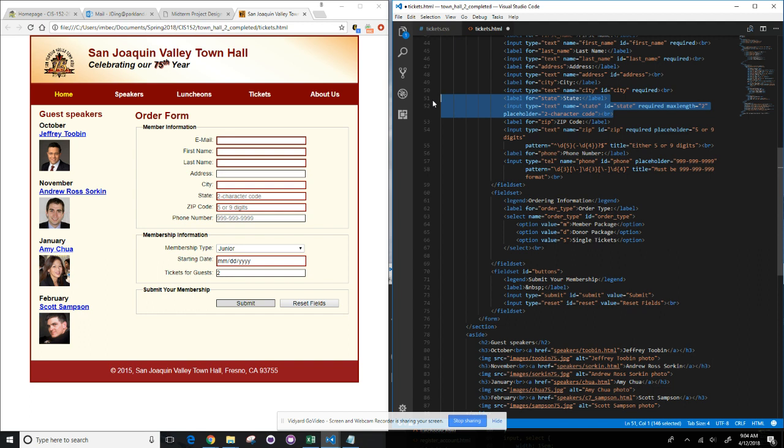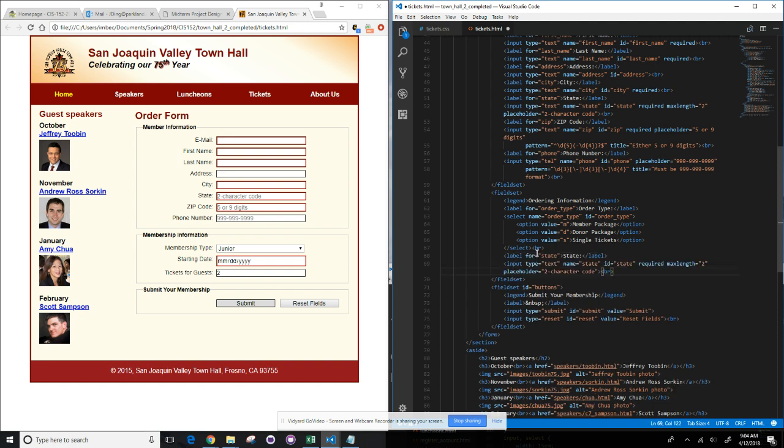And I think that will be acceptable right here. So I have a label for, but of course it's not state this time. And it's not going to say state. It's going to say number of tickets. I'm going to have